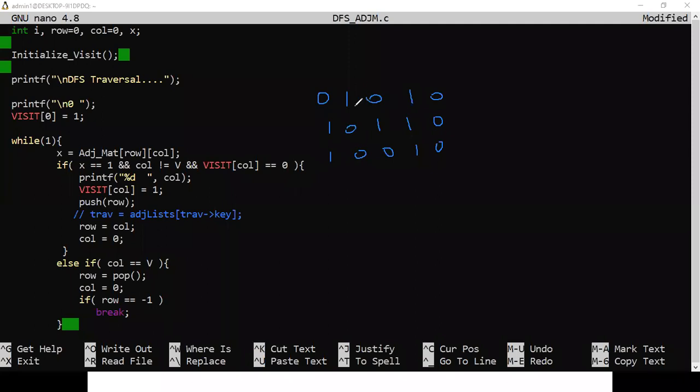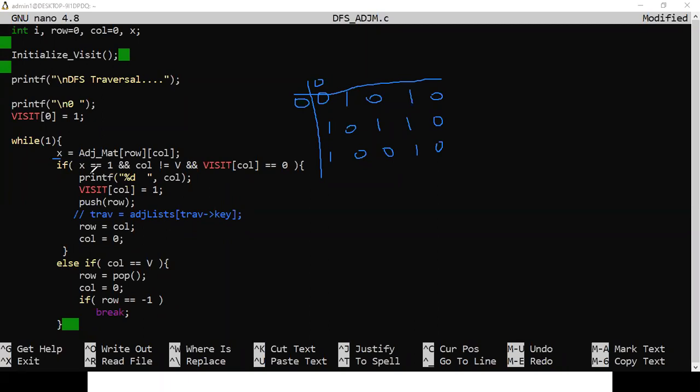And one thing you can be sure of is that the diagonal entries will always be 0, because we are not considering self edges. So here, row is 0 and column is also 0. It means row and column are the same, so it's a diagonal entry. So surely this x will be 0.